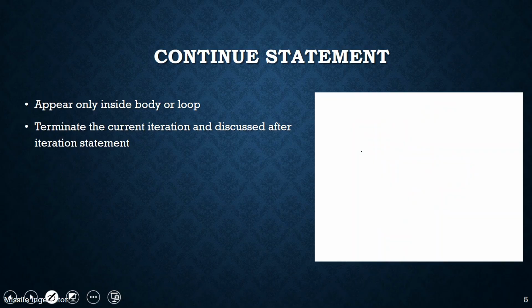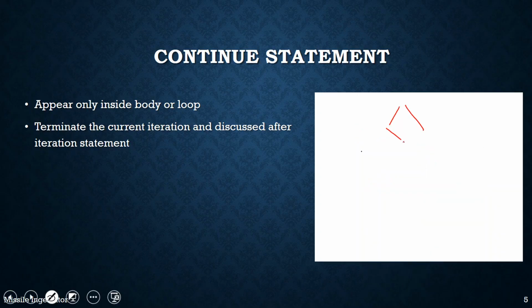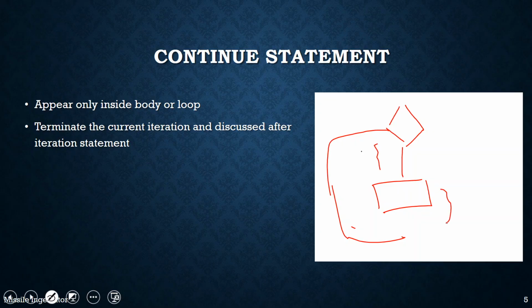And in continue, when the user encounters it, it goes on to the next iteration of the loop. That's what continue does. Let me give another example. Say I give some condition here, like an if condition. If the condition is true, it goes for whatever is inside the condition, and that will be executed, say a print or any expressions inside the conditional loop. In case it is false, then it comes out of the loop. That's how conditional blocks work. If true, it executes whatever is inside the block. If it is false, it comes out of the loop.